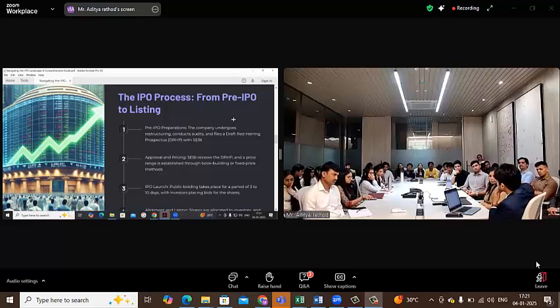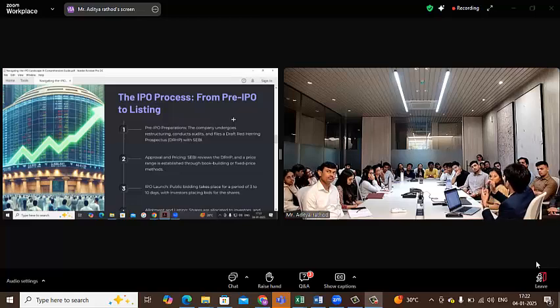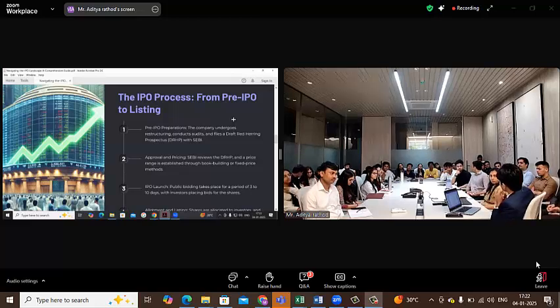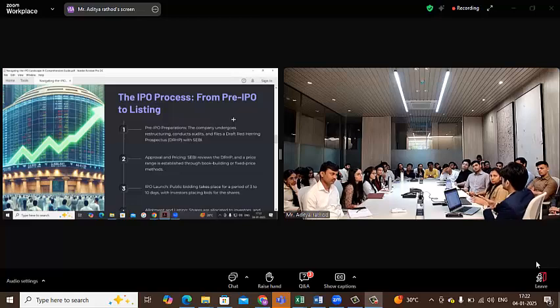So now, the case I was talking about, why these concepts are important. I'll be talking about this entity, Nykaa. In 2021 or 2022, it came up with an IPO. Now, in those times, the lock-in used to be 1 year. Now it is 6 months. In those times, it used to be 1 year.